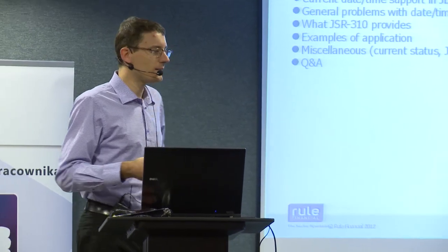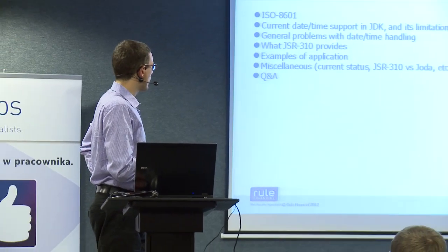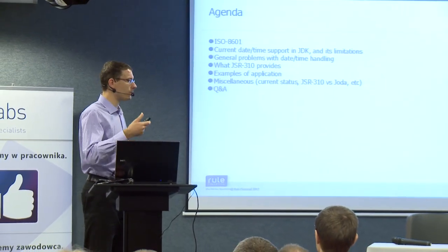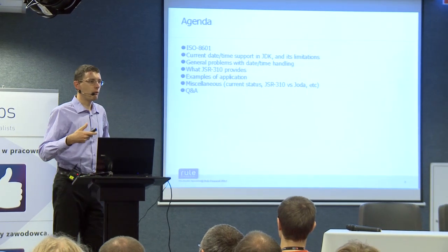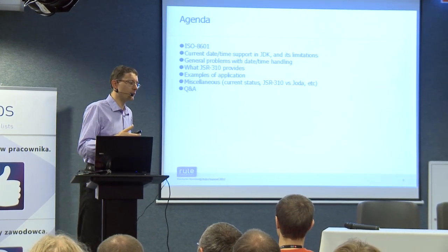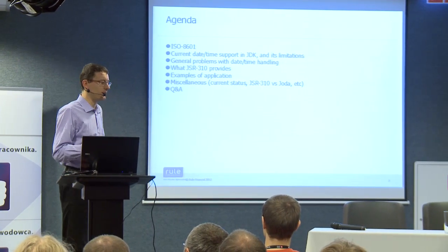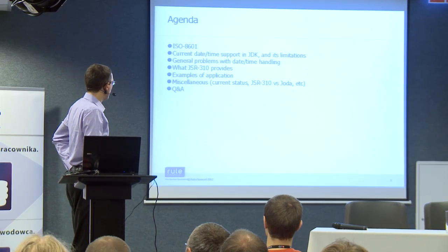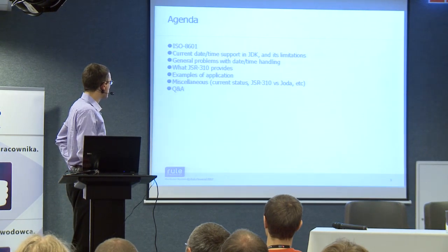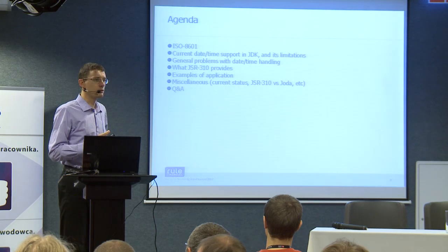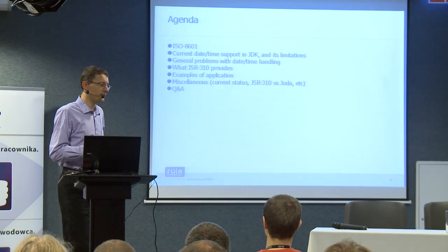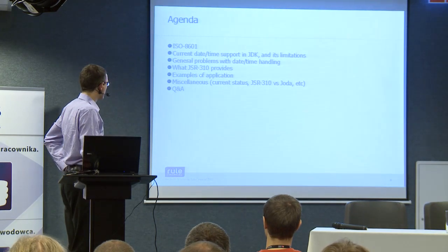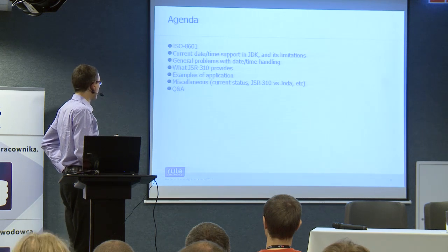Why do we need another standard? We're going to take a quick look at general problems with date and time. Why is it difficult? Why wasn't it done properly at the beginning? And then the core, which is 310: what's inside, what the 310 API is, and some examples of applications,